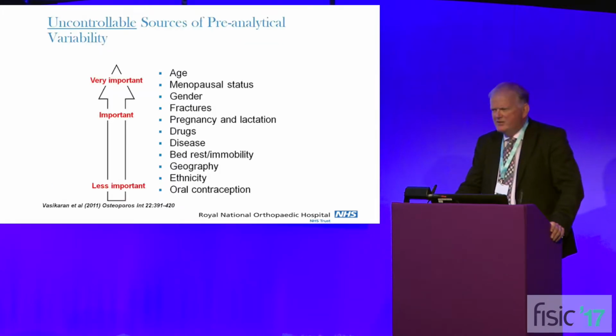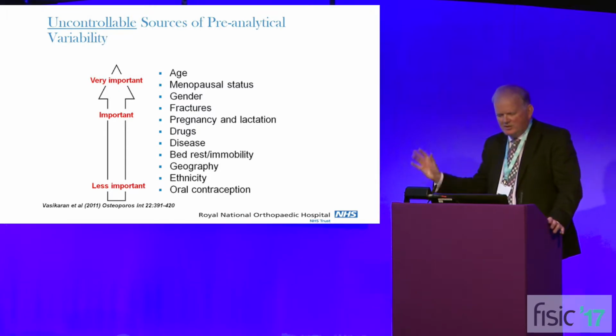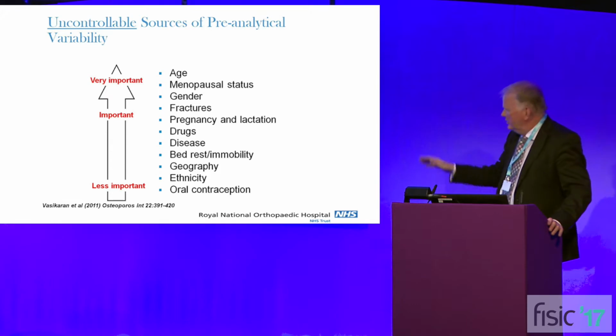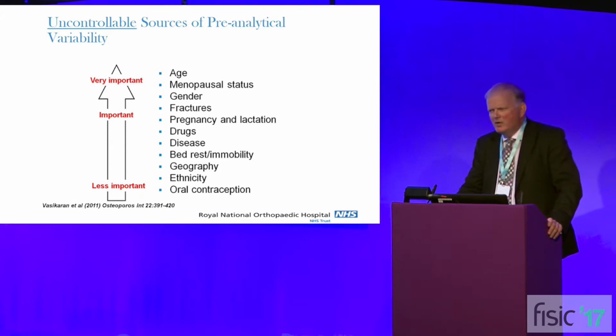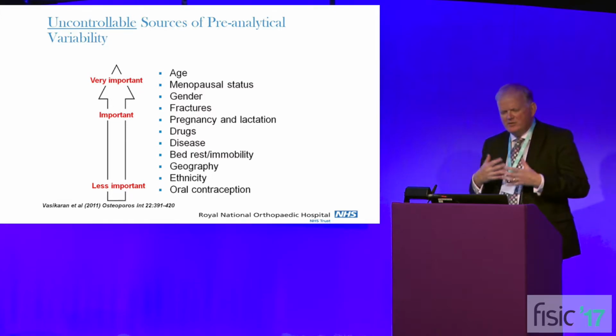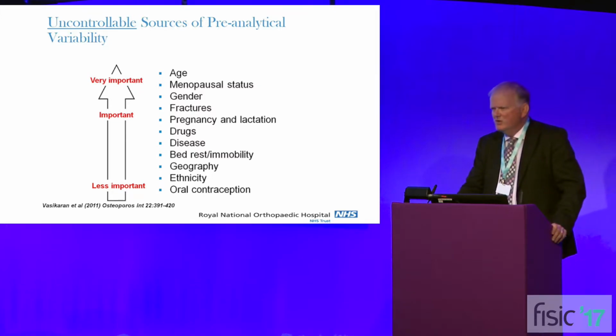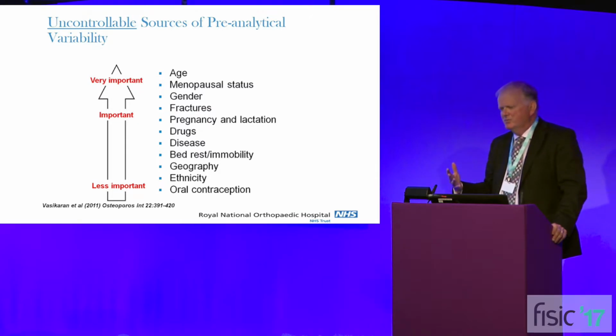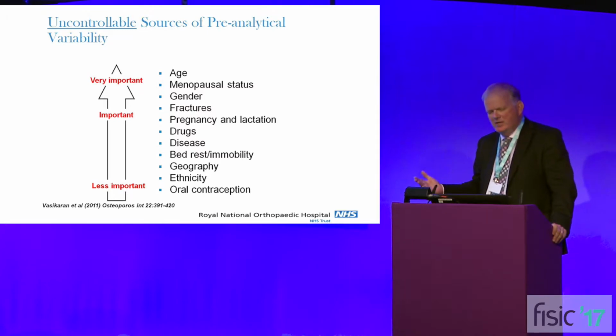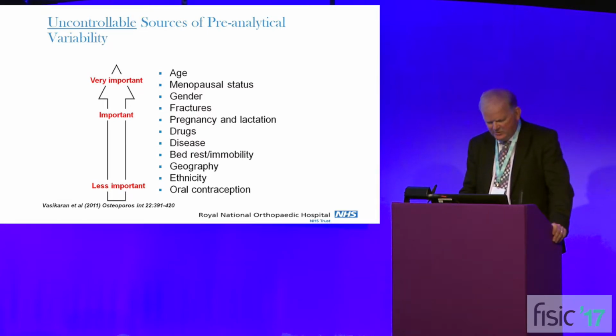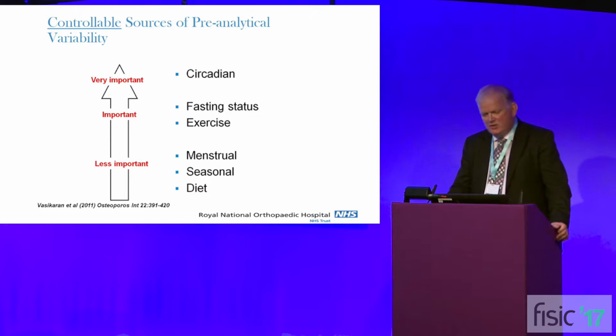So the markers are affected by a lot of different things. Some of the things you can control, some things you can't. So these are the uncontrolled variables, and I've got a slide illustrating what happens with these markers with fractures. But again, there are lots of things that you have to take into account when you're interpreting the results, particularly if you're doing longitudinal assessments: what might have changed in that individual, what might then influence these readings.